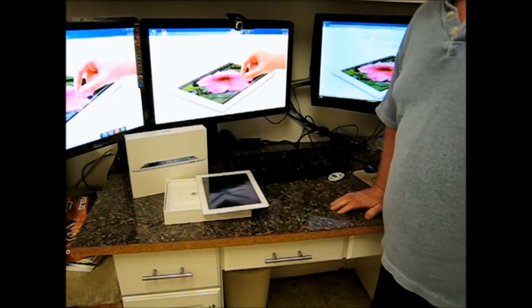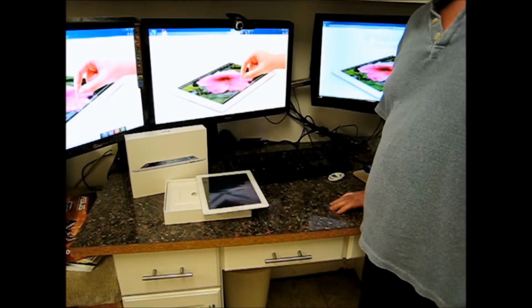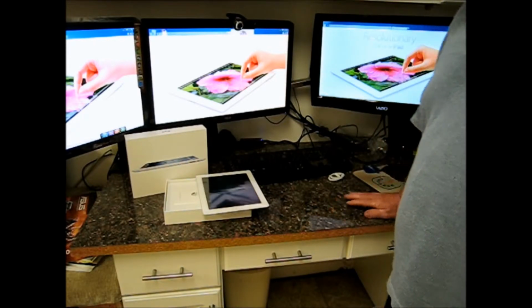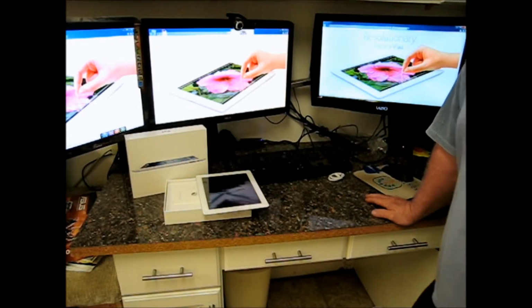But I am getting an OtterBox Defender case from Amazon. I have the OtterBox for the first iPad, which is a little big and bulky, but sure does protect it very well. So